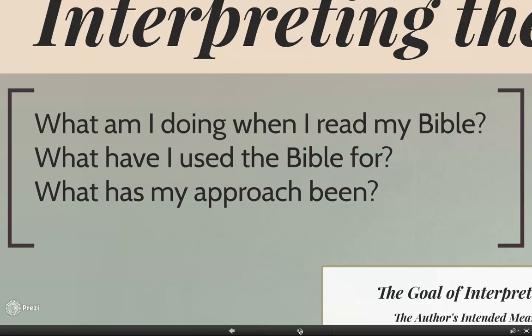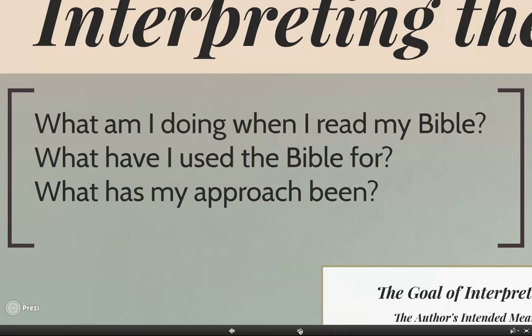Or I might have gone to my Bible to answer a particular question that was going on around me, some kind of an issue, and I wanted clarity from the Bible. Or maybe I went to develop a theological stance on an issue. Or maybe I've read it just devotionally. If you're anything like me, back in those days, my approach was kind of like a chapter a day keeps the devil away. But it begs the question of asking for ourselves, what has your particular approach been to the Bible? And just to identify, what have you used the Bible for, and what have you been doing when you read the Bible?